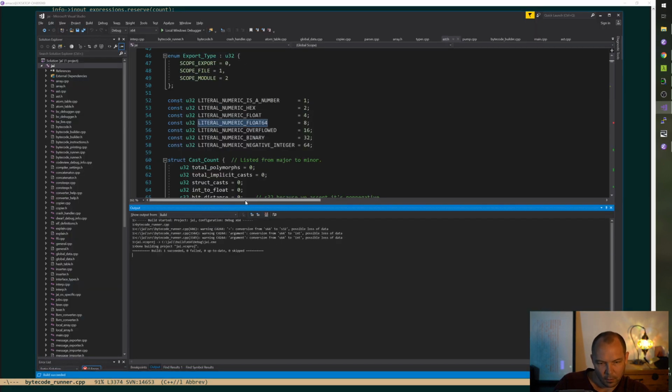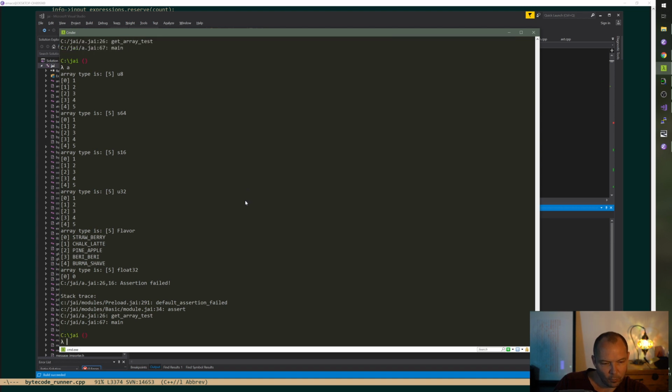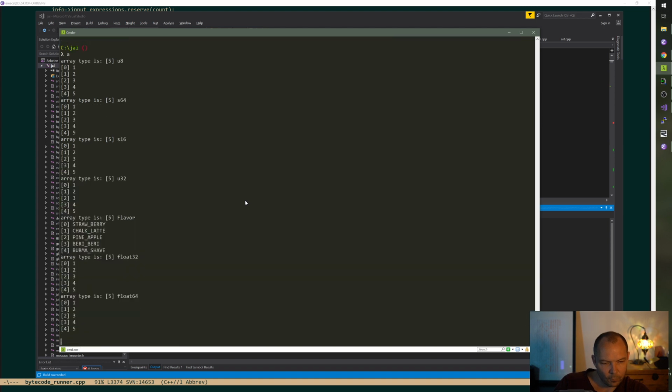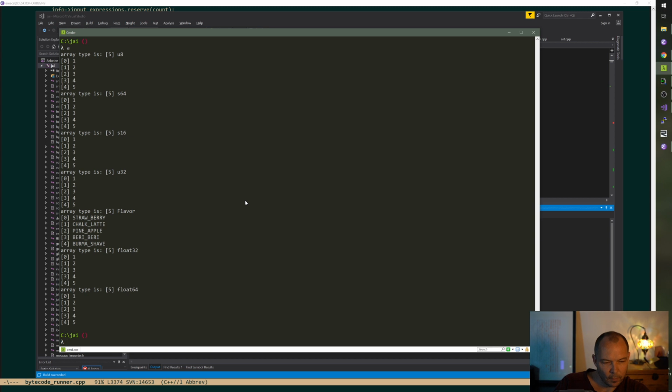Whoopsie. Made a little typo. There we go. So these are actually floats even though we're not drawing the decimal point. So that's good.